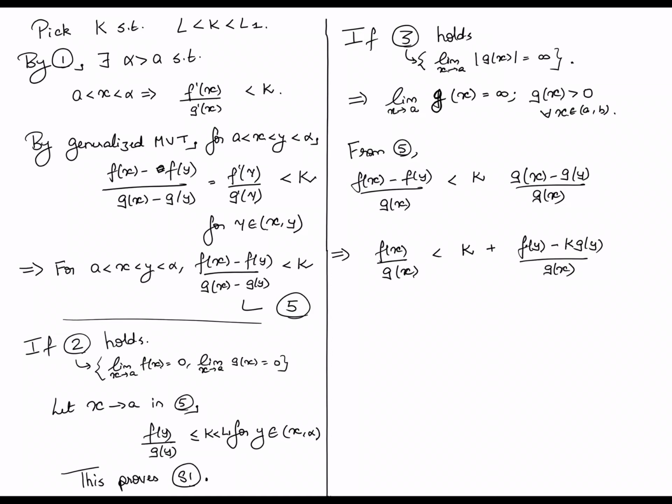Now the thing to note is that treating y as being fixed, if you just take x tending to a, the fact that g of x tends to plus infinity implies that this latter fraction actually tends to 0 as x tends to a, which is essentially what we want. So treating y to be a constant,